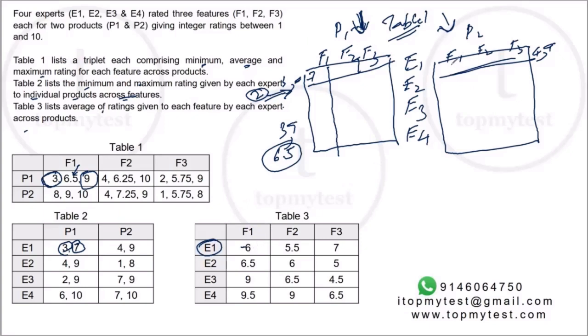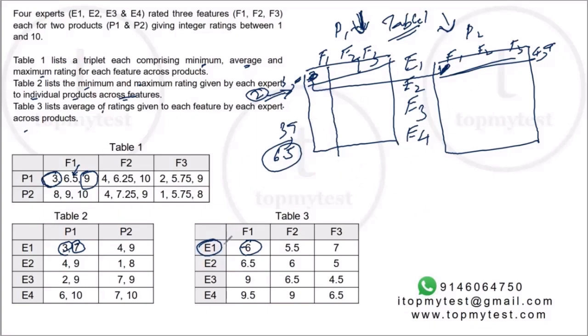So if you take the feature 1 score of P2 and feature 1 score of P1, the average of these two is 6. So both of them can be 6, it can be 7, 5, it can be 8, 4, it can be 9, 3, it can be 10 and 2 also, right? We don't know the exact values. So similarly for F2, similarly for F3. So this is how the data is actually being given to you.